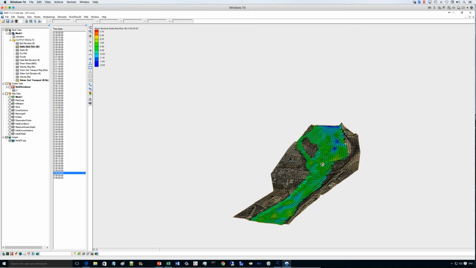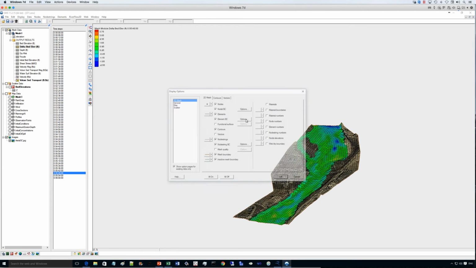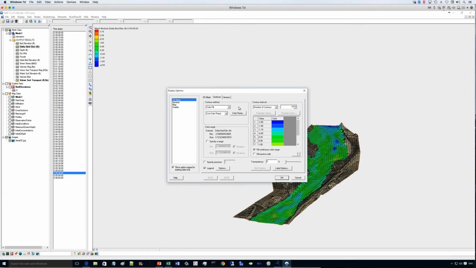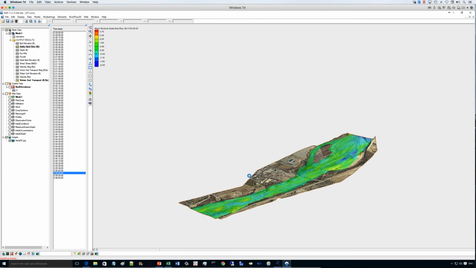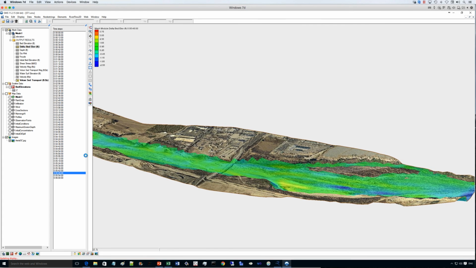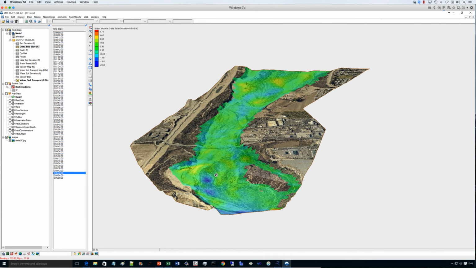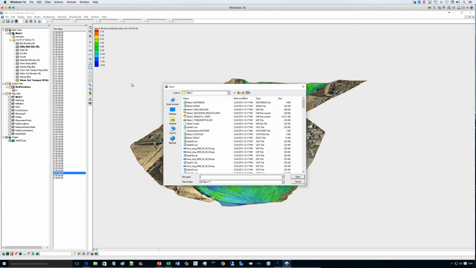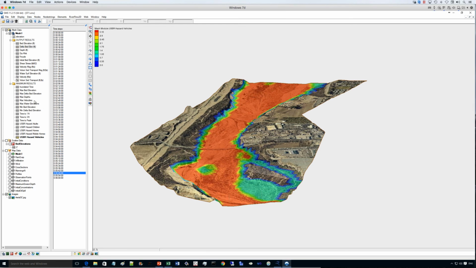You can remove and create transparency here. For example, I can remove all the elements. I don't need them anymore. And I can also add a little transparency. So you can see now the 3D terrain with the superimposed changes in bed elevation or depth or any other variable you want. Now you can also look at the maximum results, and the maximum results allow you to